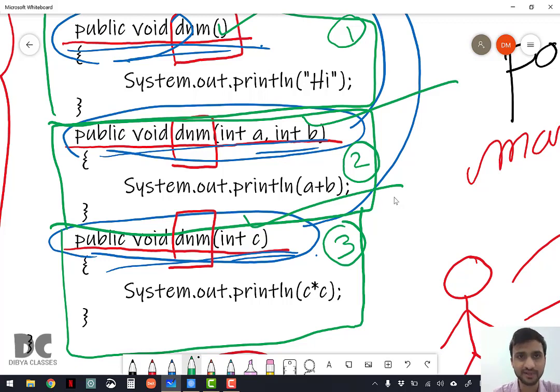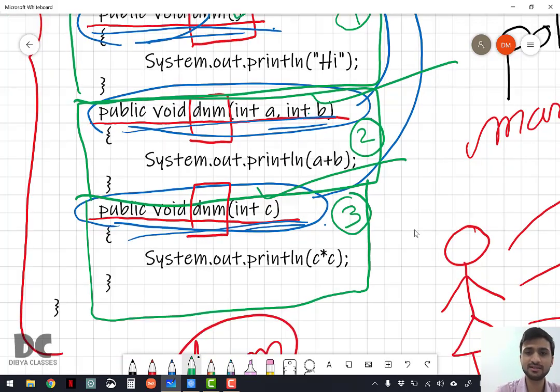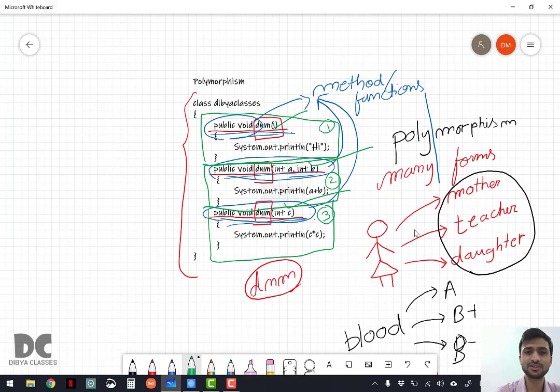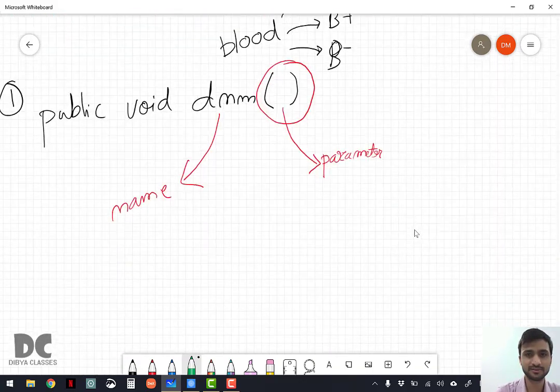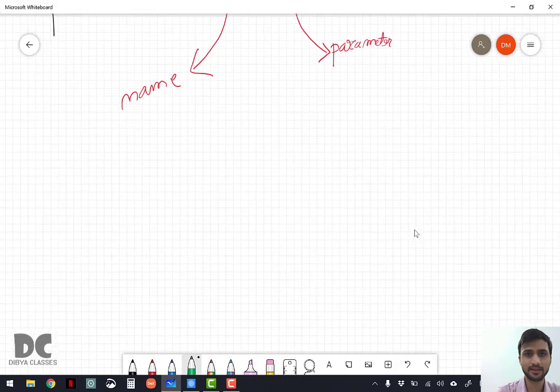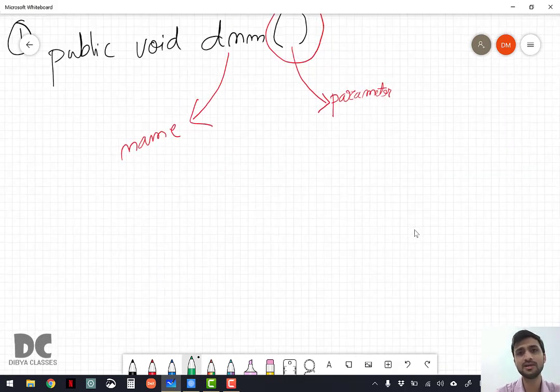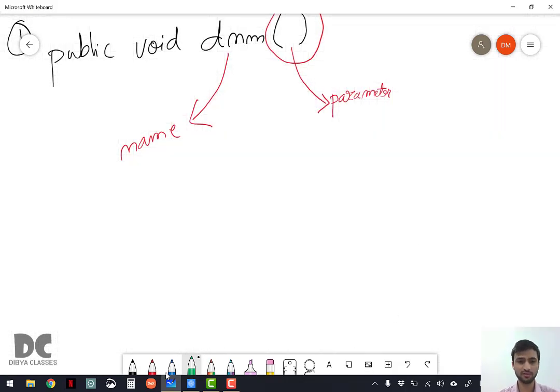So we can say that they are different. Okay, they are different. So this is known as function or method overloading.